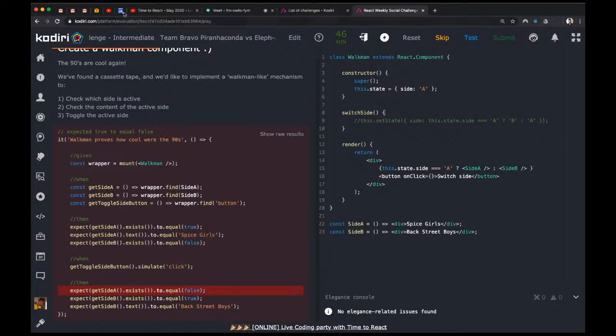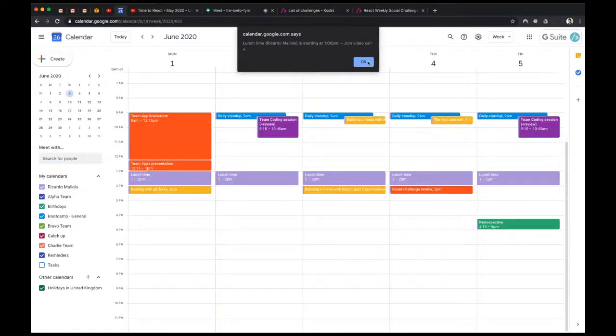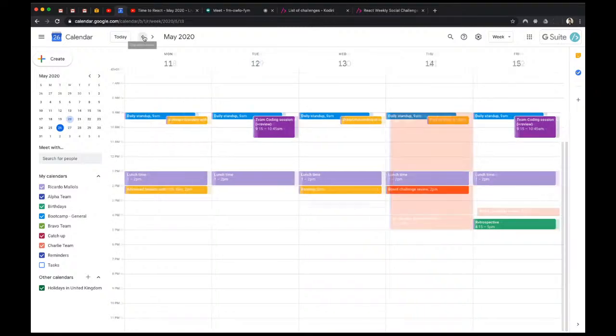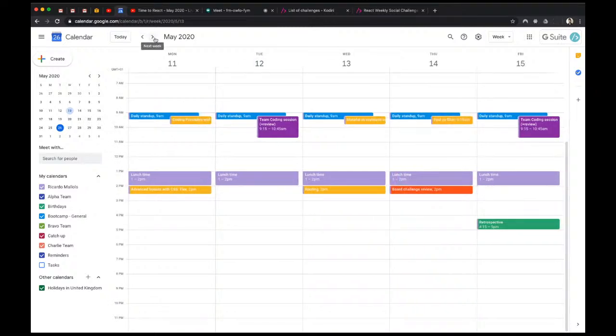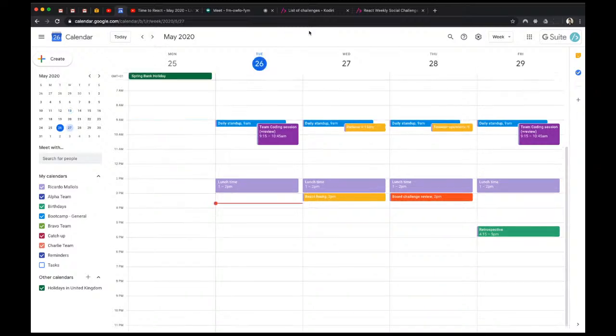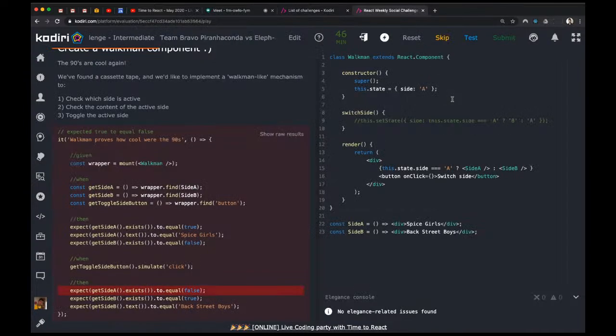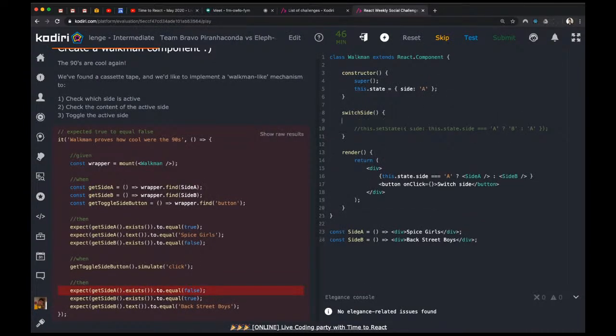Guys, we ran a workshop about the state, right? Or am I absolutely out of control now? Let me check the calendar because I'm a bit confused. Yes, on the 13th of May we ran a very important workshop. I know it was a bit mind-blowing and complicated, but on that workshop we discussed how to update the state. So what Vicky was trying to do,